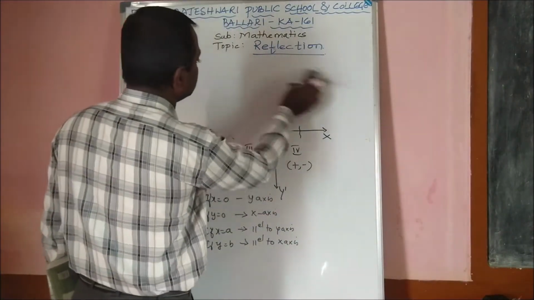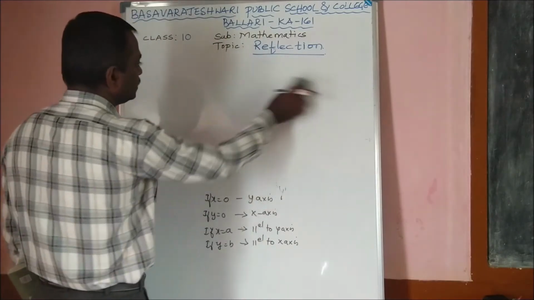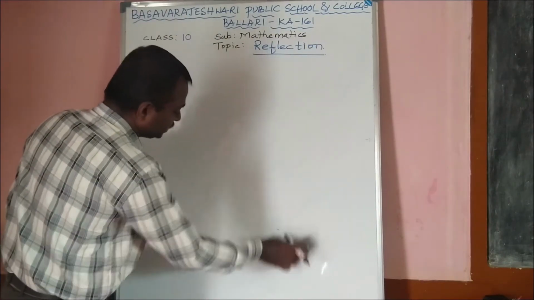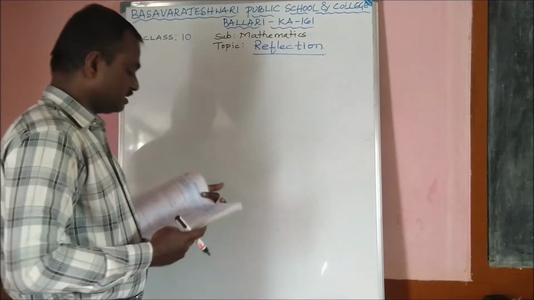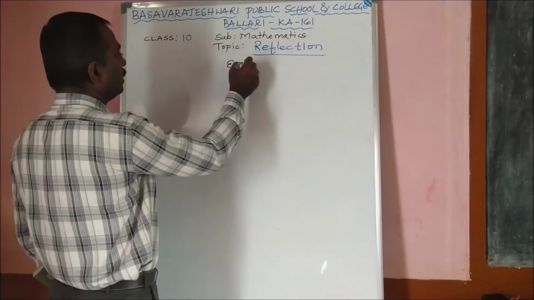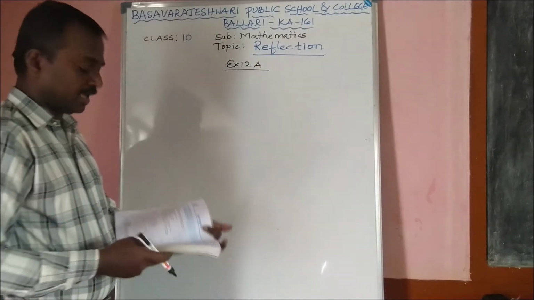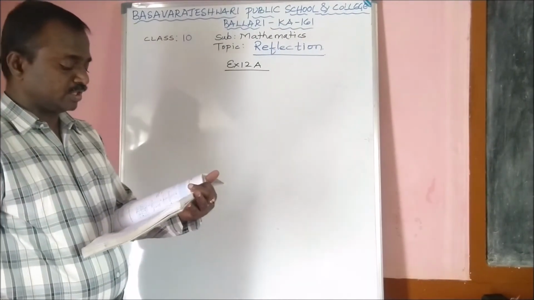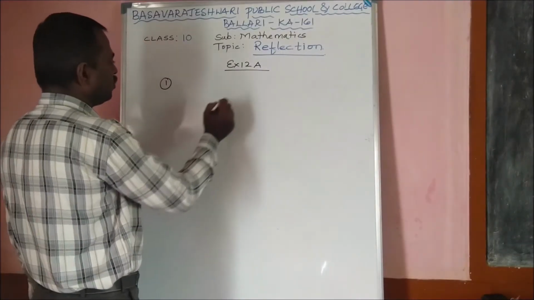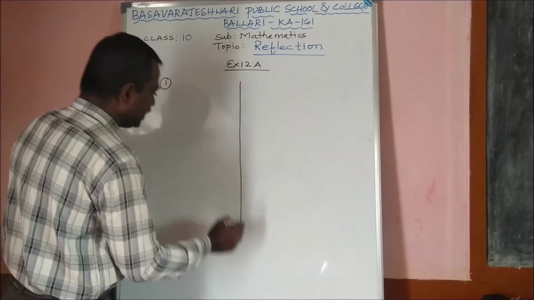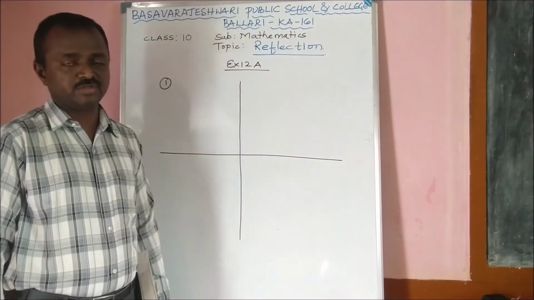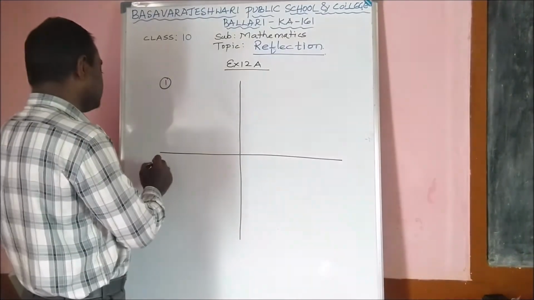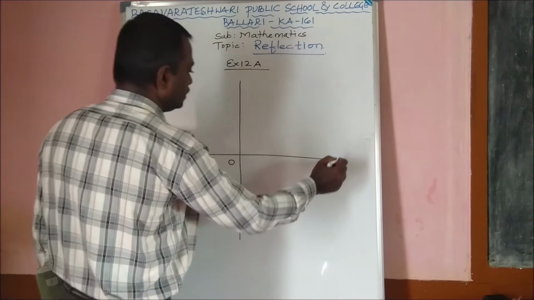So remember these points and solve the first exercise. What is the first exercise? Exercise number 12A. Draw a coordinate axis and represent the following points. Only one I will show you. Use graph sheets for this, or you can take one graph book especially for this chapter. This is x dash, O, x,